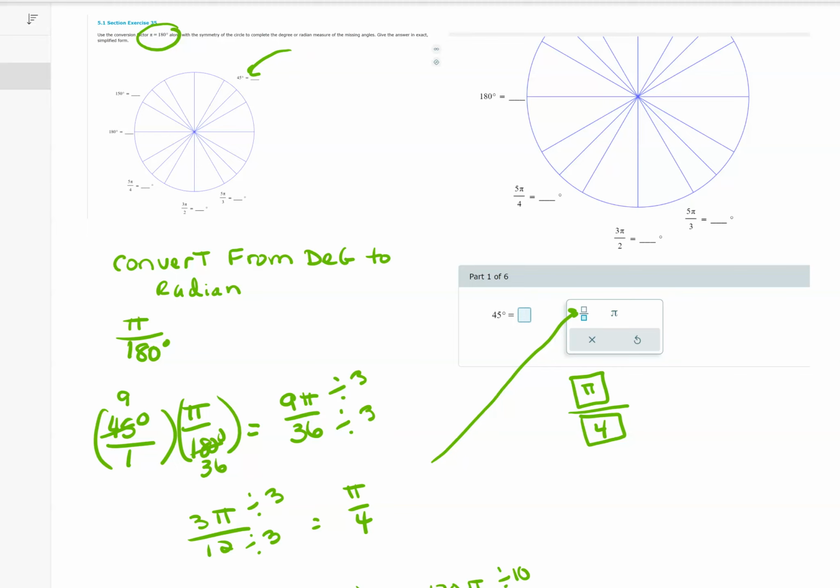Let's take a look at section 5.1 in the trig. If you open up the homework problem, you're going to see this circle, which is the unit circle. It has different values, and what they want you to do is use the pi factor to convert degrees. You'll see all these degrees here they want you to do, and then they want you to do radians to